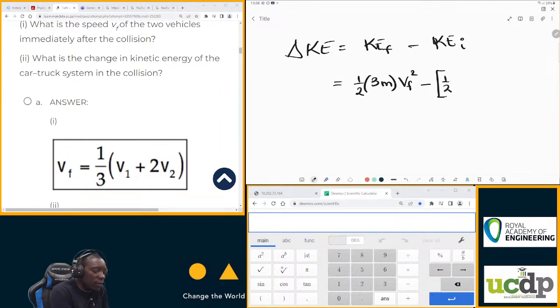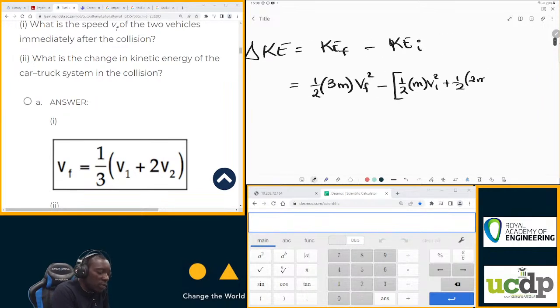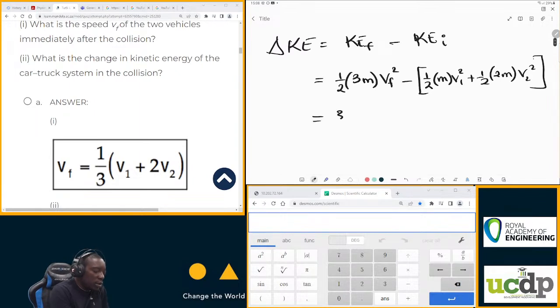So that's half of the first mass times V1 squared plus half of the second mass. The mass of the second truck is 2m times V2 squared. So that negative sign affects both. So this is 3/2 m Vf squared